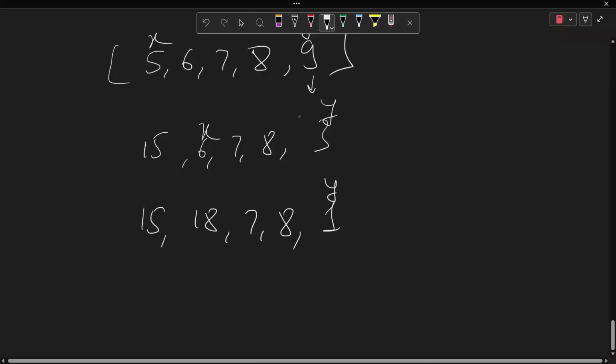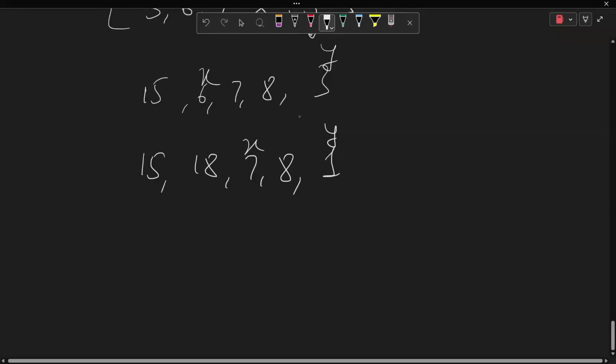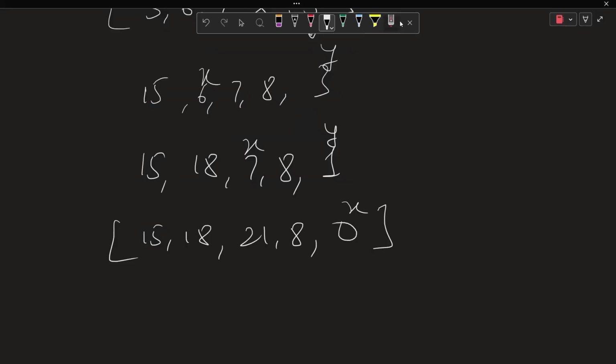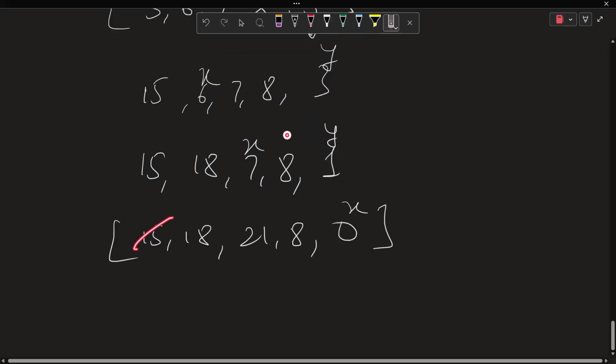Again, we need to make this 0. So one more step would be required. Let's suppose I selected this 7 as an x. So it would become 15, 18, 21, 8, and 0. Now, after this, once we have a 0, then always we would select that as an x and remaining numbers as y one time. So first we would make this 15 fall to 0 by selecting it as y